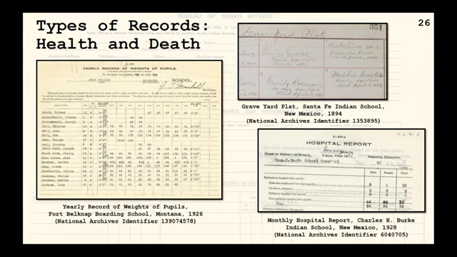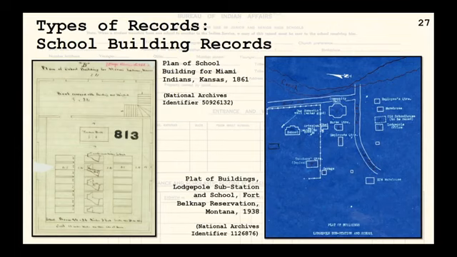Next slide, please, slide number 27. Not really pertaining to individuals, but I found that researchers often enjoy the records of the school buildings an ancestor attended, where they were and how they were laid out. These can be found in several filing codes within general files, education matters, but also building and construction. This 1861 classroom diagram comes from our cartographic branch in College Park, Maryland, and the school land plat, showing, for instance, where the well water was good and bad, comes from a Lodgepole school up in Montana.